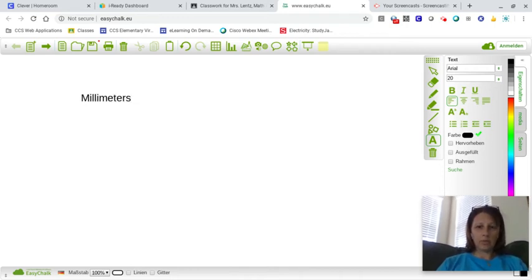millimeters are the smallest unit of metric measurement that we usually use, and they are really tiny. They are about the thickness of your fingernail. Now, when I say thickness, I don't mean this way, okay? I mean this little bit right here, okay? So millimeters are very small. They are about the thickness of a fingernail,